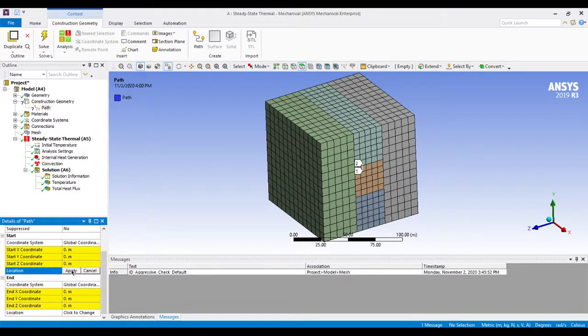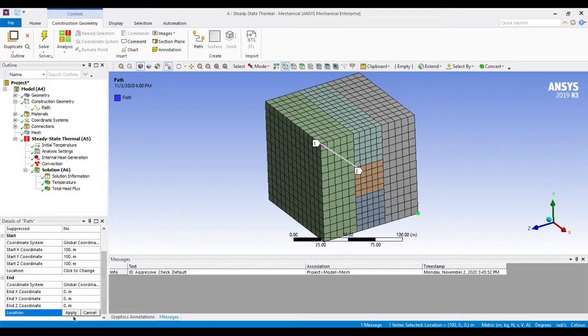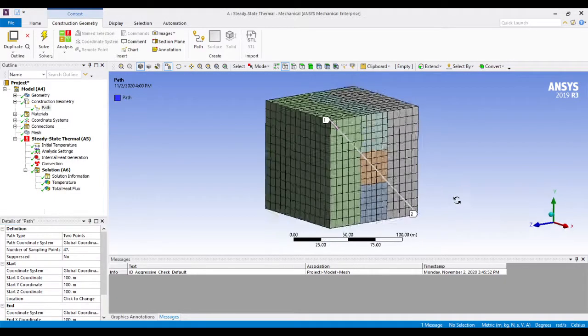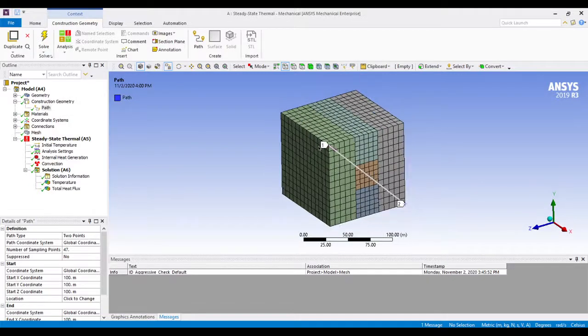Suppose I choose to apply it from this edge to this edge, then we select the vertex selection first, select this point and say apply, and in the second, this point and say apply. You can see that we have created a path, a line joining these two points.